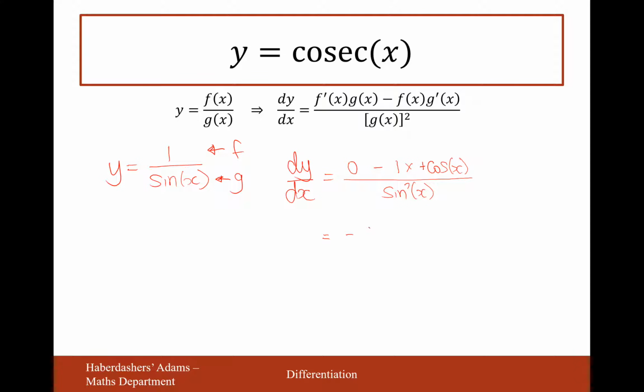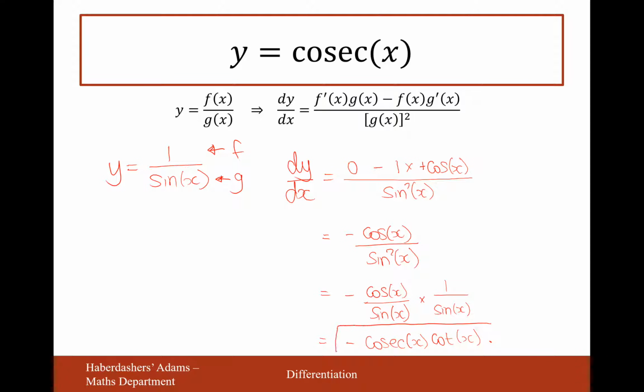So that's going to be minus cos x over sine squared, tidying it up a little bit. And then in a very similar way to the previous derivative, we're going to split it up and make it cos over sine times 1 over sine. So in this case here, the answer is going to be minus cosec x cot x. And there we are, that's the answer to this derivative. Next one,